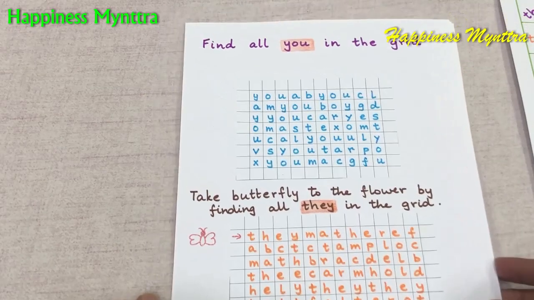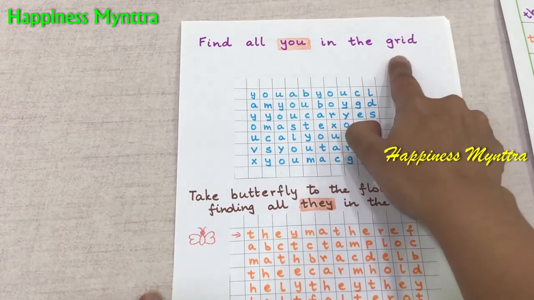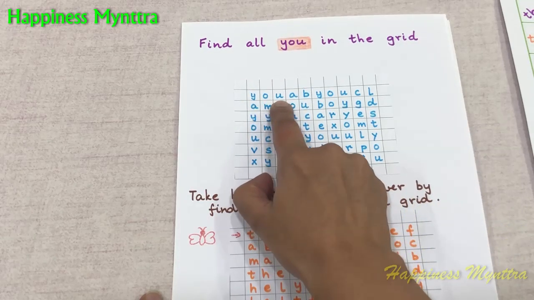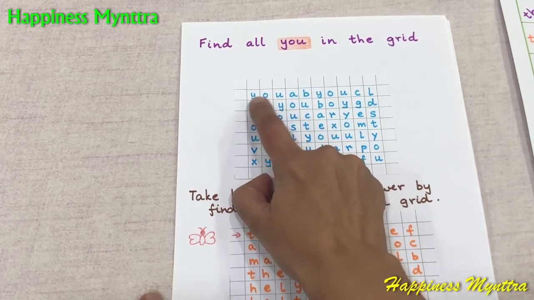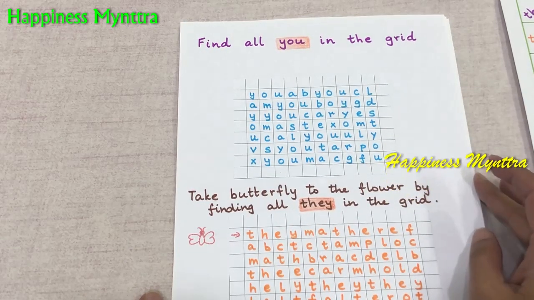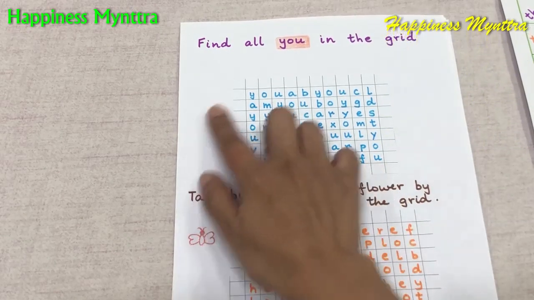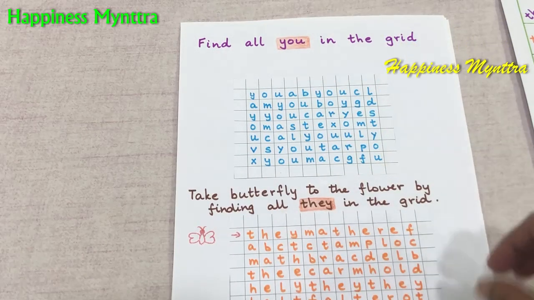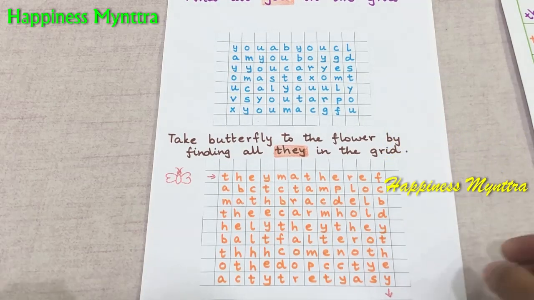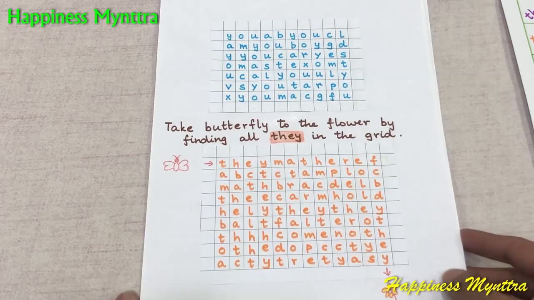Now here the child is going to be learning the spelling of you through the grid. So every time the child sees the spelling y, o, u, you, he has to find it, circle it or color it, whatever is comfortable. You can make them do it either way. So there's a U here, there's another one here. So they have to look carefully, locate each of it, make sure that they're reading the alphabets that make that particular spelling. That's essential.